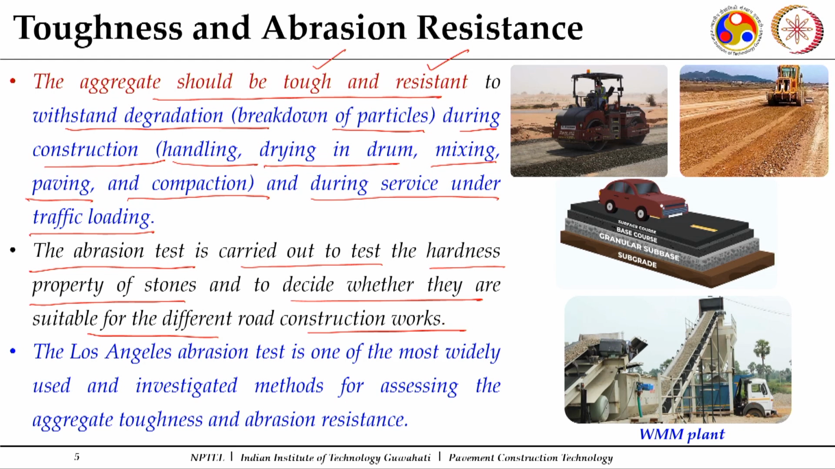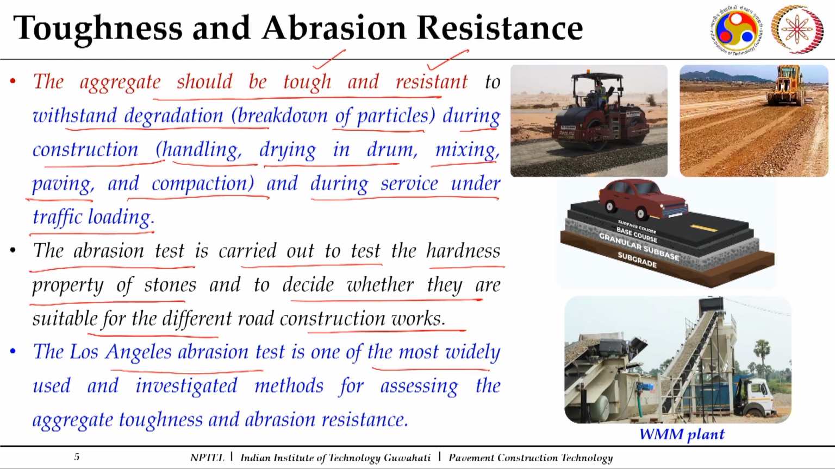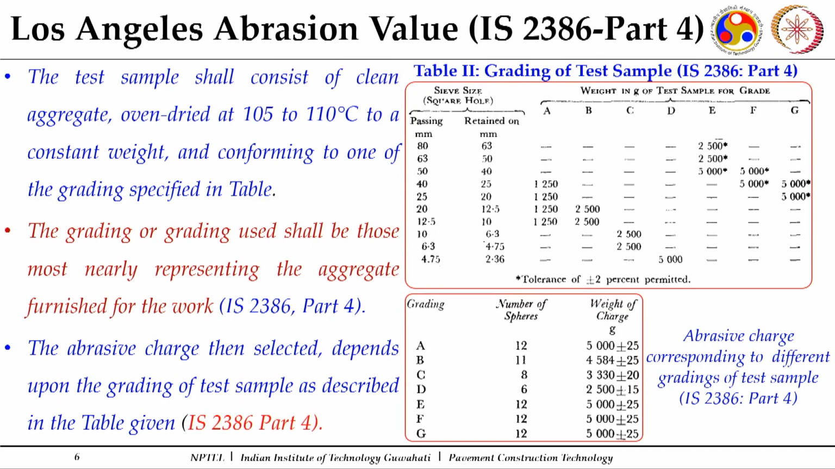These tests will give us some values when measured through different tests, and based on these values we can convey whether this is suitable for construction in this particular layer or not. The Los Angeles abrasion test is one of the most widely used and investigated methods for assessing aggregate toughness and abrasion resistance. Now, coming to the test procedure, which is as per IS 2386 part 4, it says that